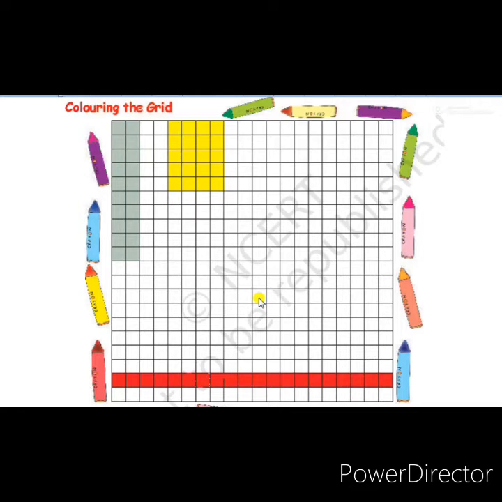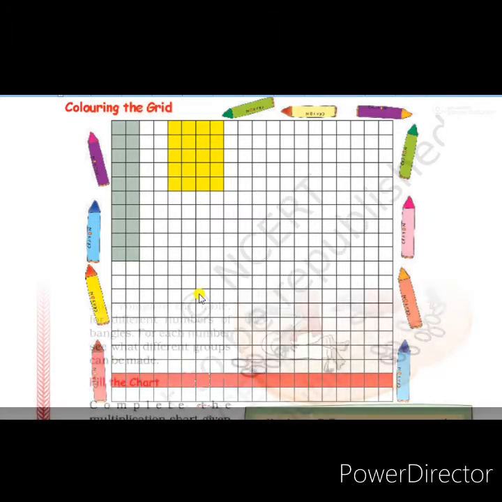The first one they have done is 2 into 10, 20. That is grey color. Here I have made another type of rectangle using 20 boxes. First line 4 boxes. In this way I made 5 horizontal lines. So 4 fives are 20. This is another type of rectangle using 20 boxes. How many boxes are there? Total 20. 4 fives are 20. See, another one here I have made in red color. 20 boxes in a single line. 1 into 20 is 20. So these are the other two types of rectangles we made using these 20 boxes.